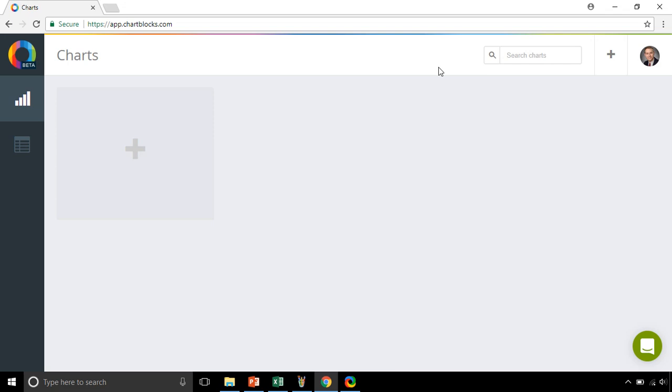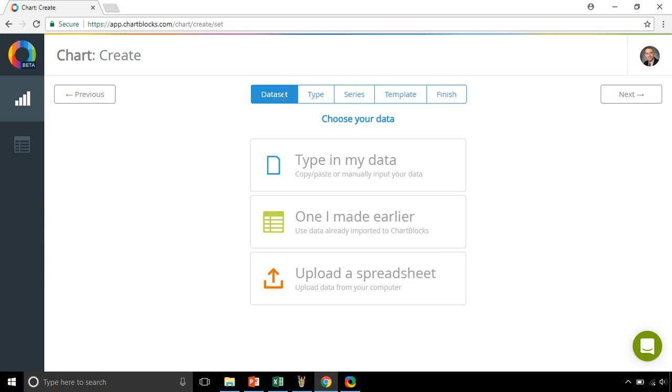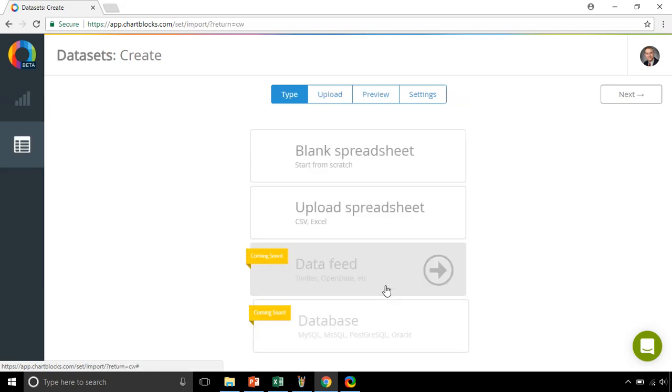So this is the home page on the ChartBlocks app. So you push the plus sign to make a new chart, and it guides you through the steps. The first step is to upload your data set. And you can type it in, you can use one you made earlier, or what we're going to do is upload a spreadsheet. And so we click upload spreadsheet